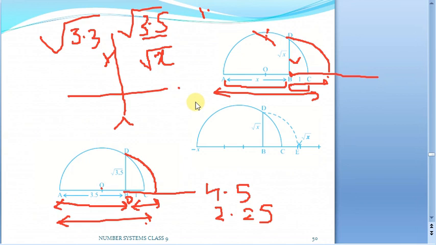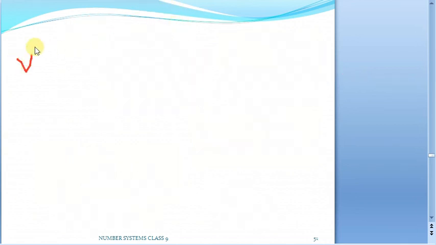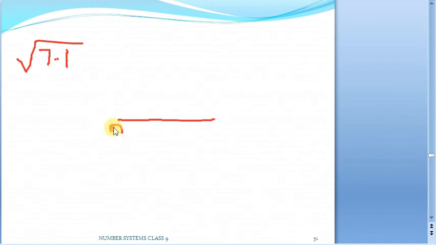So let us see one more example for clear understanding. Suppose we need square root of 7.1 on the number line. So what we will do: whatever is under the root, just take that length. Let us say this is A and this is B and this length is 7.1. This is the first step. The second step, attach 1 centimeter to this one. So from here to here, let us take this as 1 unit. In centimeters only we consider 7.1. Let us say this is our C. So this is the second step.